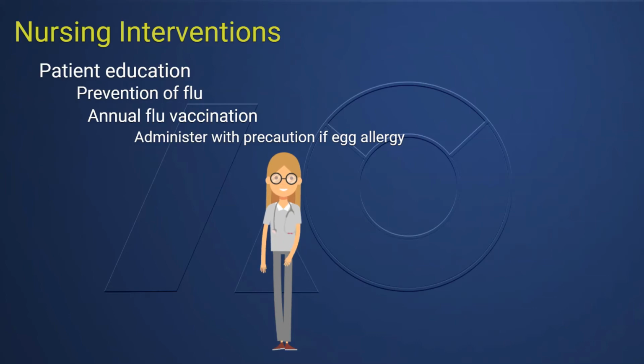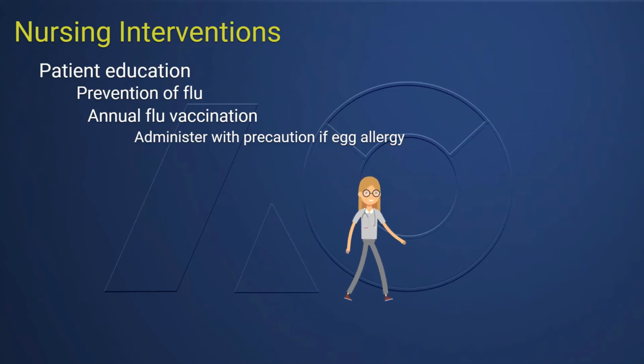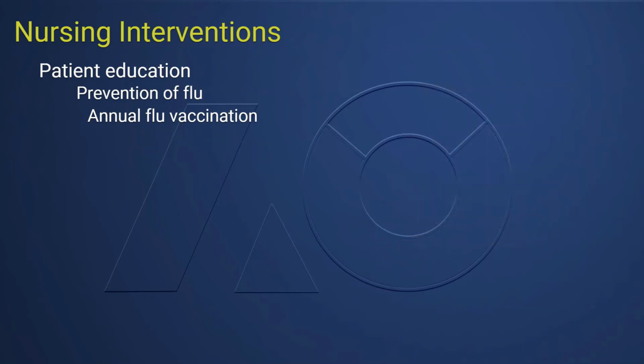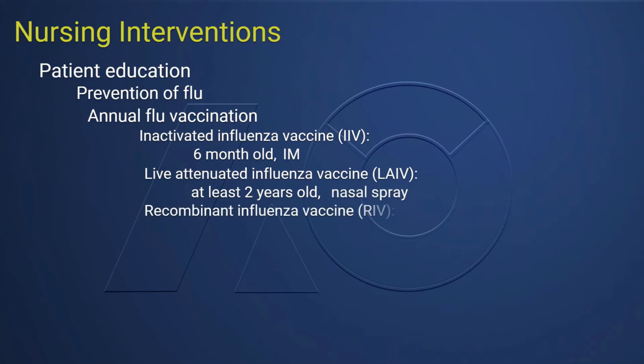During history intake, if a worse than hives allergy reaction is reported, the patient might need medical supervision when receiving influenza vaccine. 3 flu vaccines are available. Inactivated influenza vaccine can be given to infants as young as 6 months old. Minimum age of 2 years is required for immunization with live attenuated influenza vaccine, which is given via nasal spray. Recombinant influenza vaccine is an egg-free vaccine. It is used for people who are at least 18 years old.